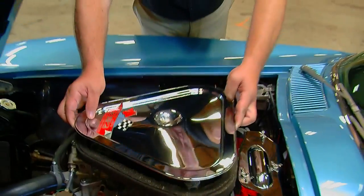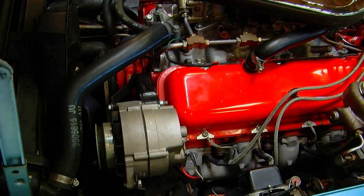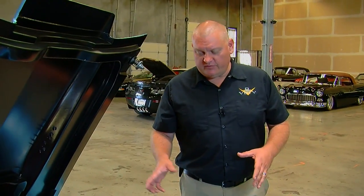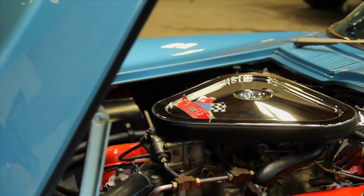And this car does have several other interesting options. Over there is a power brake booster, so it has power brakes. And on the front of the engine, below the alternator, is the power steering pump. So all this means that even though it is kind of a brutal big block, it's still a fairly easy car to drive. You can only get the L71 when you ordered the Positraction rear axle, transistorized ignition, and the